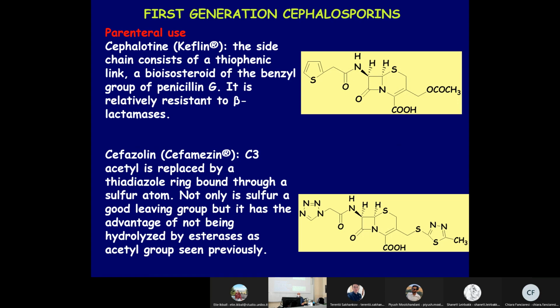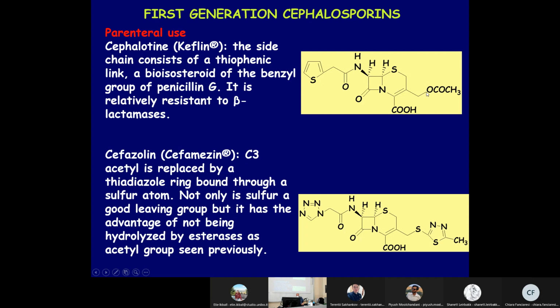Acetyl is a good leaving group in order to have an ideal interaction with the transpeptidase in this point. But as I told you before, this ester can be hydrolyzed by esterases, and so